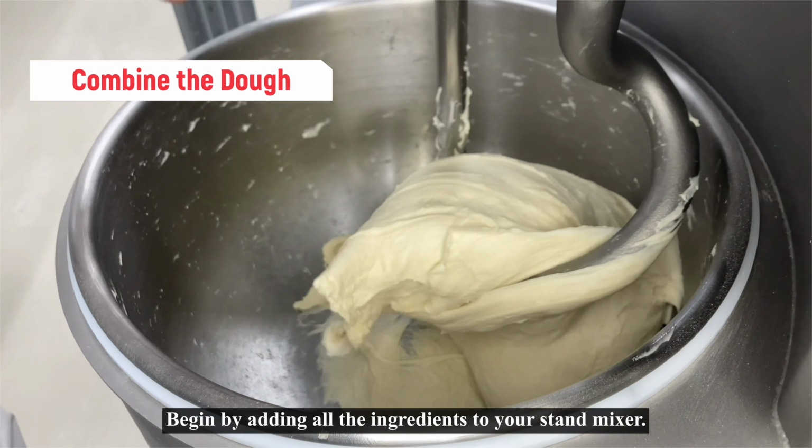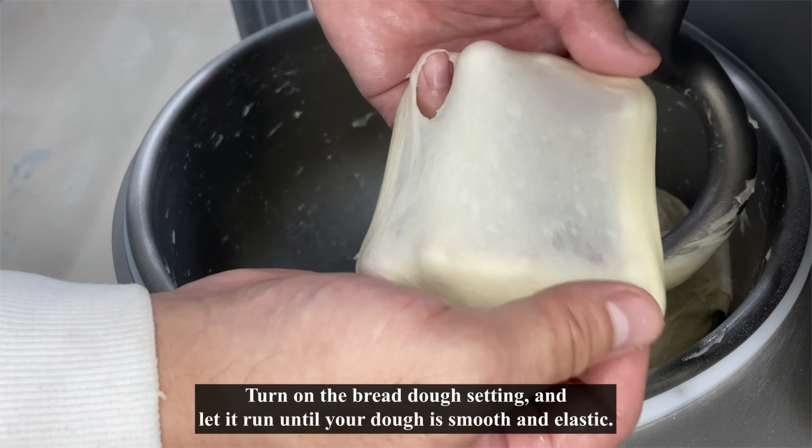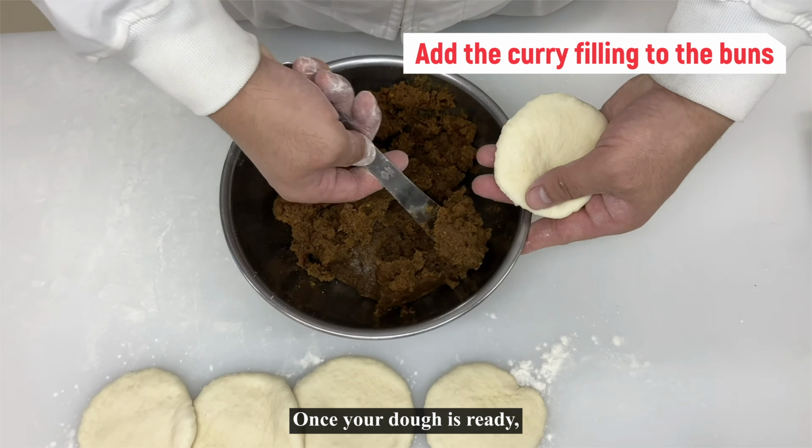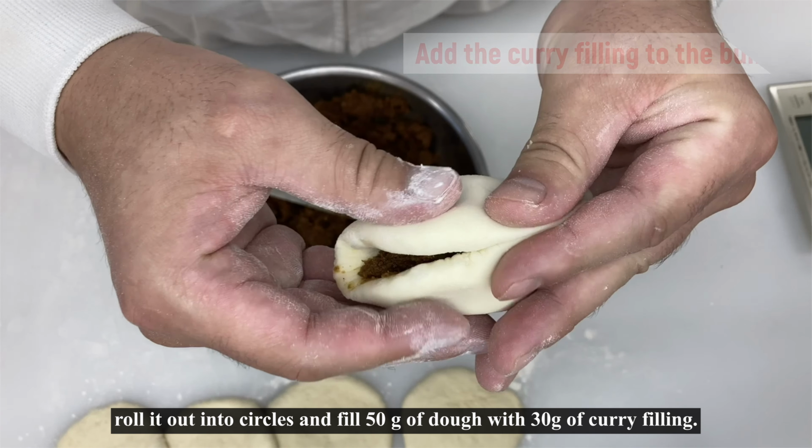Begin by adding all the ingredients to your stand mixer. Turn on the bread dough setting and let it run until your dough is smooth and elastic. Once your dough is ready, roll it out into circles and fill 50 grams of dough with 30 grams of